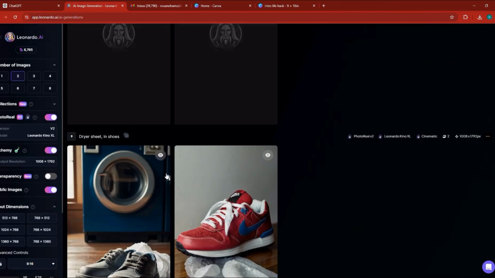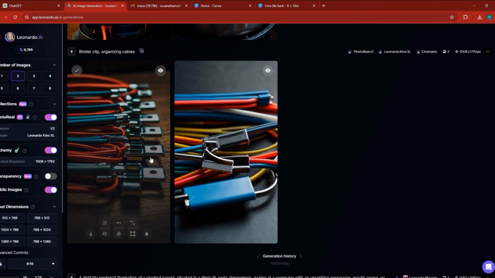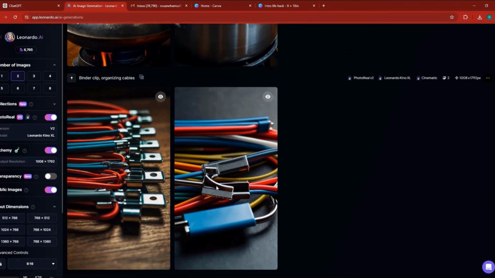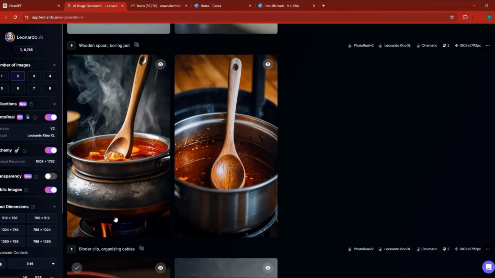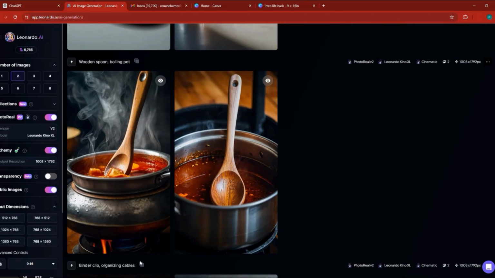And then go back to Leonardo. The first element we have was this one. Binder clip organizing tables. Okay. So we're going to copy one that represents what we're doing. This one. And then what do we have here? Wooden spoon, boiling pot. Okay. I think that